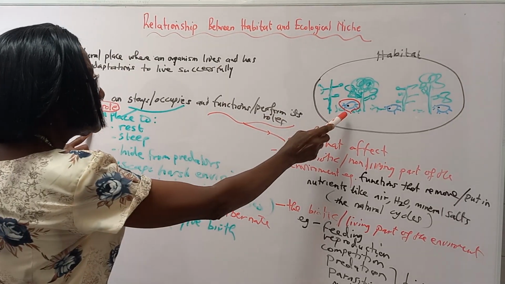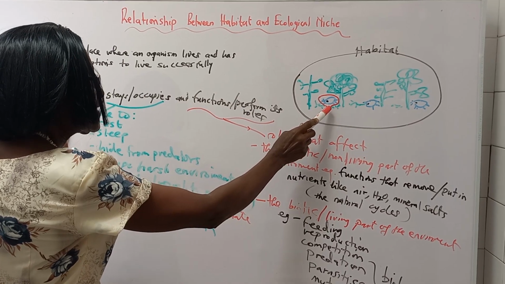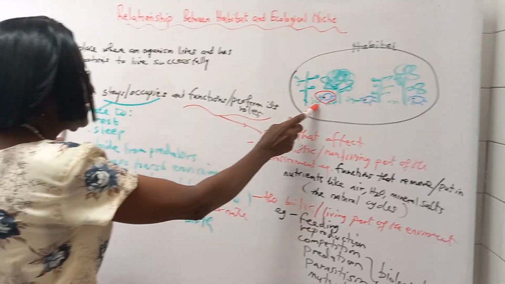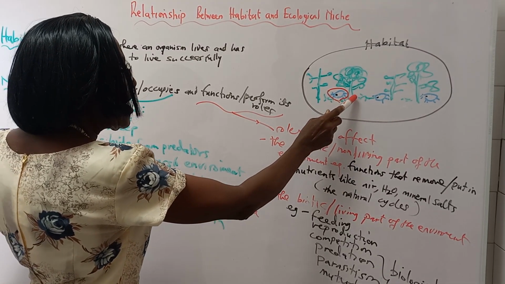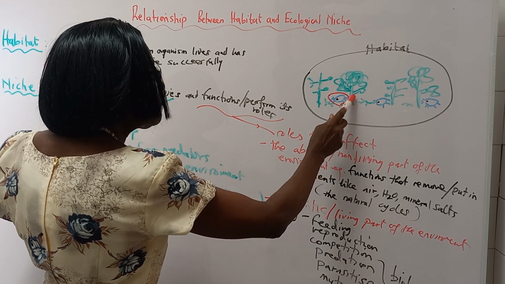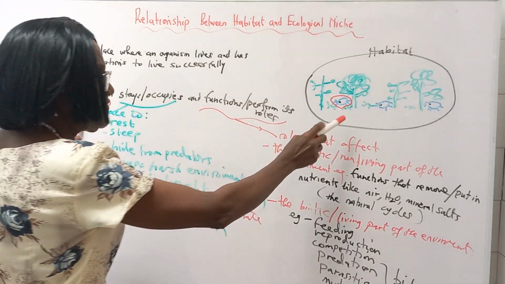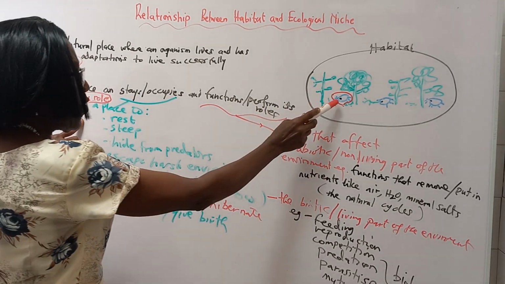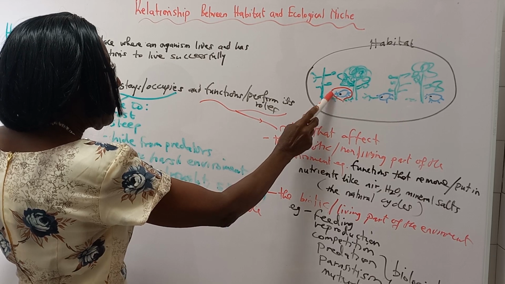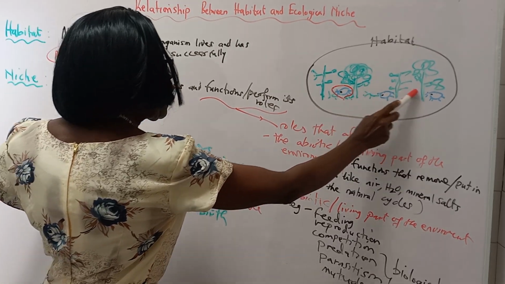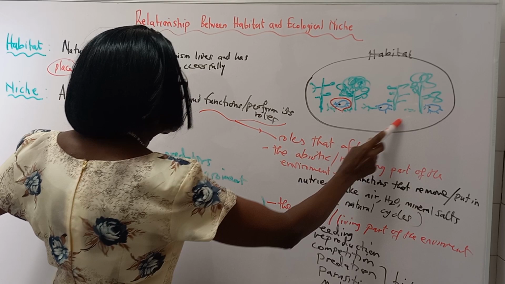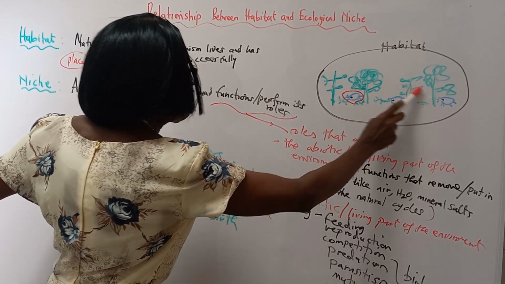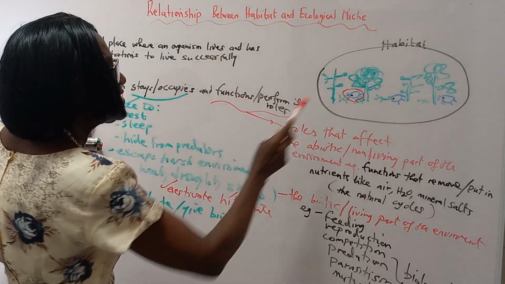Now, this snail is staying in this detritus to escape the harsh temperatures of the day, and then during the night, the snail crawls away and moves to other parts of the habitat to feed on leaves, etc. So, for this snail, its niche is not only under the detritus here, but its niche is this whole place where it stays and functions, eating, producing feces, etc. that affect this environment. That is its niche.